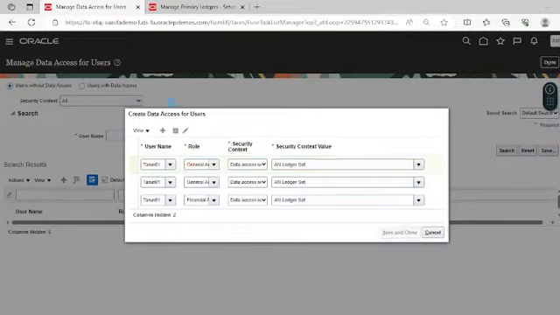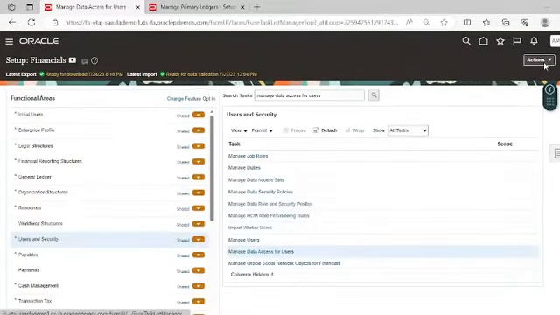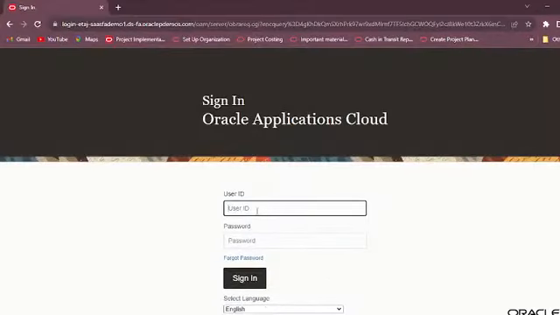Now click on save and close. Now we will log in with this new user, that is Tarun01.